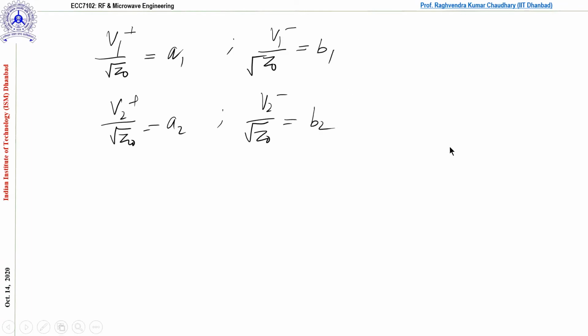Why am I doing this? Because ultimately I have to do everything in terms of the waves, the incident wave and reflected wave, and we have to deal with the power only. So if you divide by root 2, you can say that it is the square root of the incident and reflected powers at port 1 and port 2. Correct? And S11 we can represent as F11